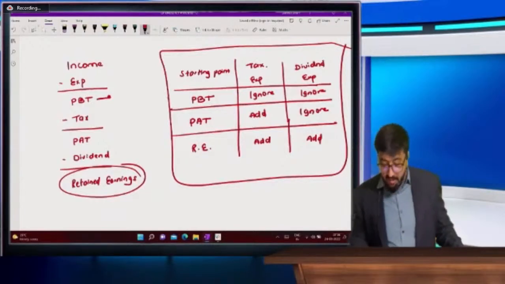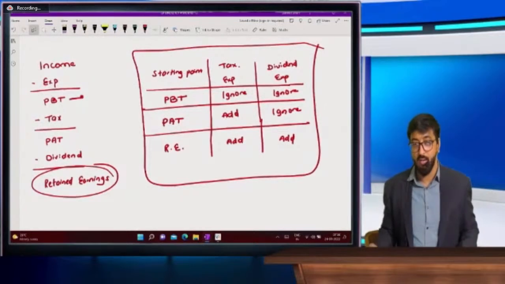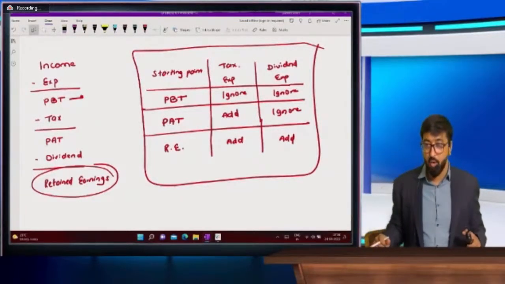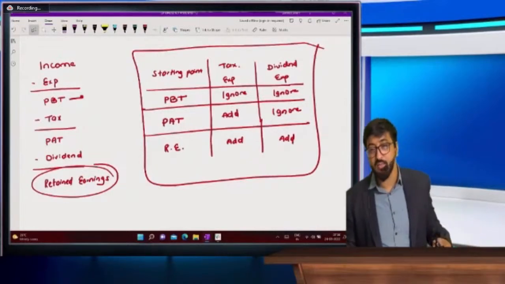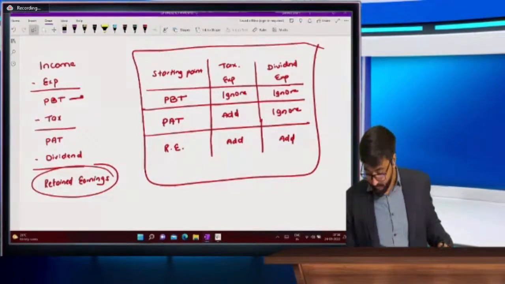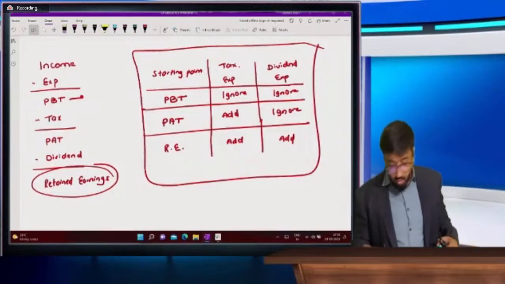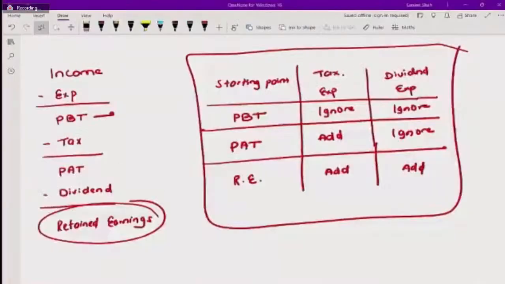ये चार्ट लिखो रे एंड टेल मी ओवर। After writing this chart, tell me over if your starting point, tax expenditure and dividend expenditure. This chart is very important. बोला इंपॉर्टेंट है तो फटाफट लिखो। एंड टेल मी ओवर। मार्क एज आईएमपी चार्ट। चलो जल्दी लिखो बेटा।